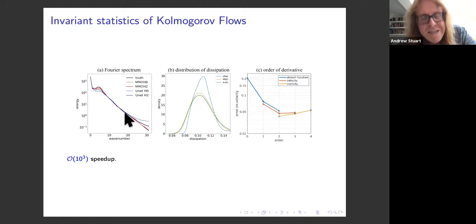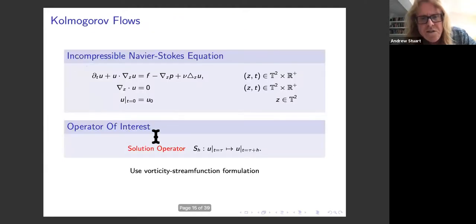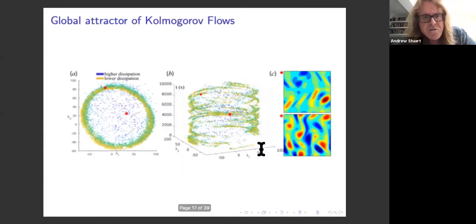Two key points I would like to make here, concentrating on the left-hand figure for the moment. What we do in this case is learn the solution operator over a time interval of length h, and then use the Markov property to compose that operator with itself to make predictions over long time intervals. So we're learning the solution operator of a time-dependent PDE. We have a choice over what time interval we learn it. Once we've learned it over that interval, we can compose it and make predictions arbitrarily far into the future.